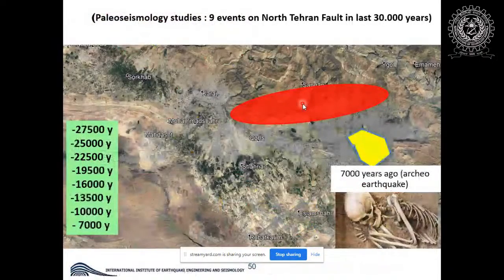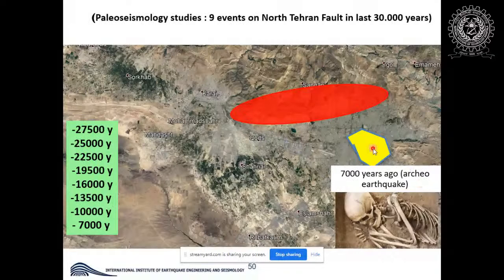What about the North Tehran fault? If we look at the North Tehran fault in the last 30,000 years, our colleagues have worked on this fault zone, and they have observed that there have been 9 earthquakes using paleoseismologic investigations. They have found 9 earthquakes with a magnitude of around 6 to 7.2, and 2 of the last events occurred 7,000 years ago,